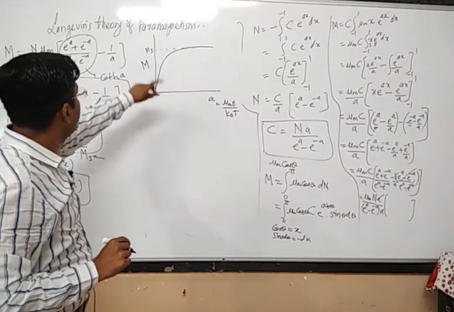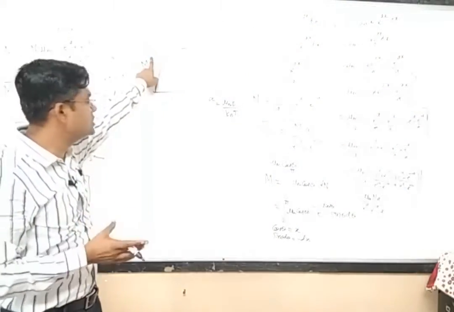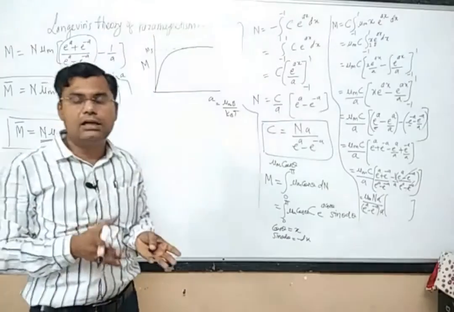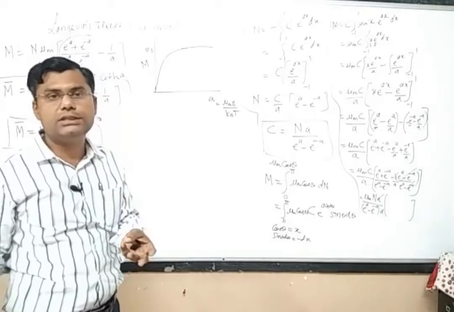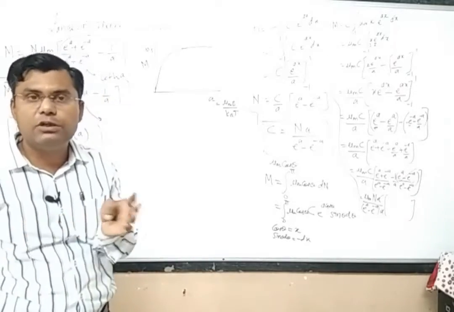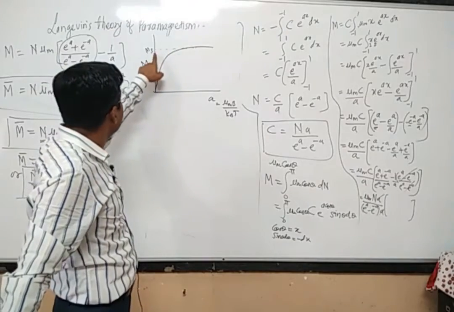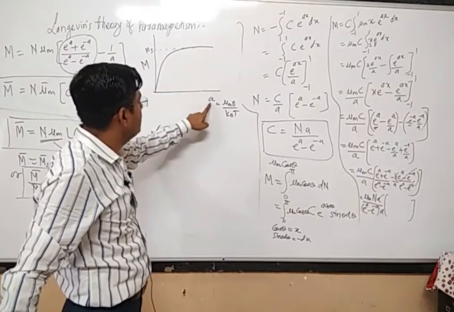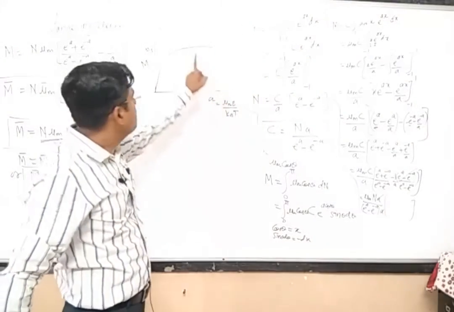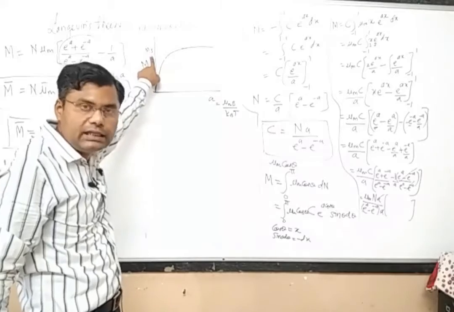And we know that this value is never attained, because it is not possible that all the atomic magnets are aligned in the direction of external magnetic field. Because of thermal vibrations, the molecules will be randomly oriented only. This value will be attained only for larger values of a. When a is very, very large, then only we can have this saturation magnetization, which is the very ideal case.